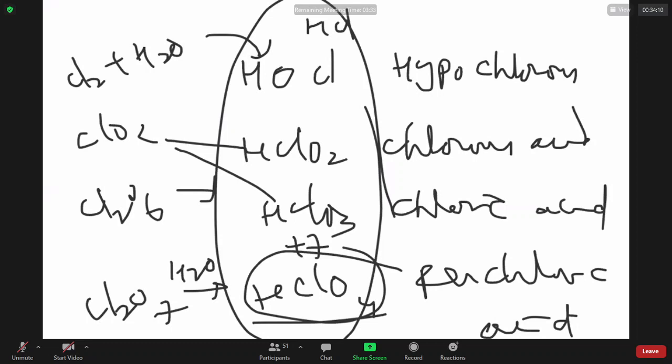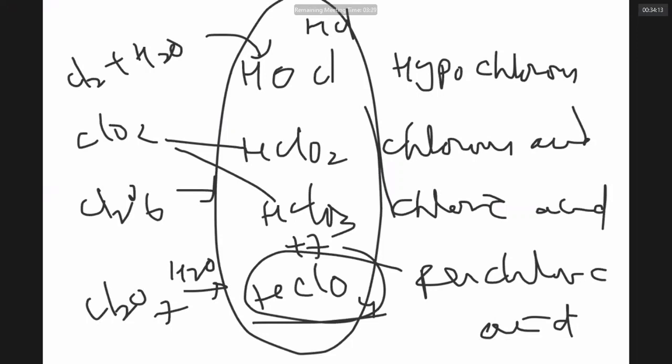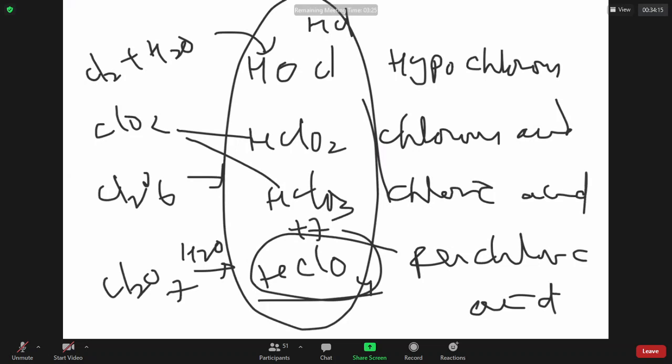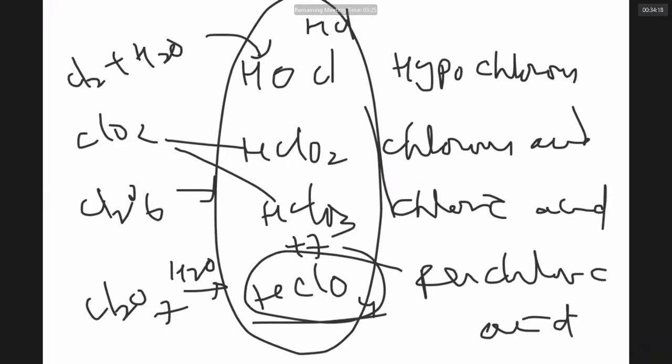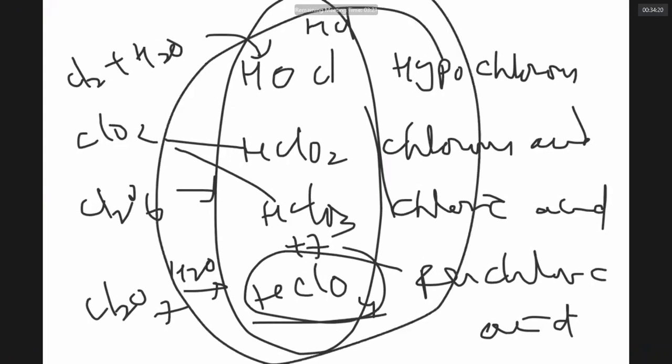Potassium ions are often identified with perchloric acid. Potassium ions give a white precipitate with perchloric acid. It is one of the strongest known acids. In all oxyacids of chlorine, in all oxyacids of sulfur, in all oxyacids of phosphorus, central atoms undergo only sp3 hybridization. No change. Whether it is an oxyacid of phosphorus, of sulfur, or of chlorine, the central atom always undergoes sp3.